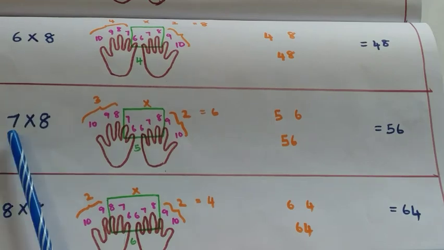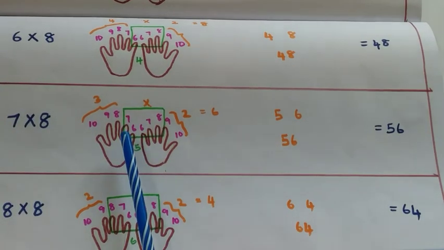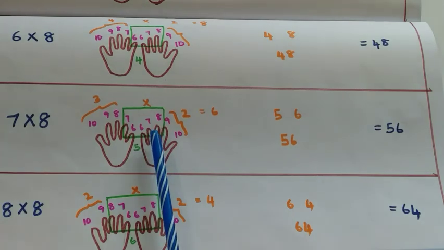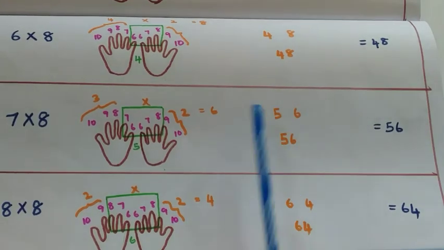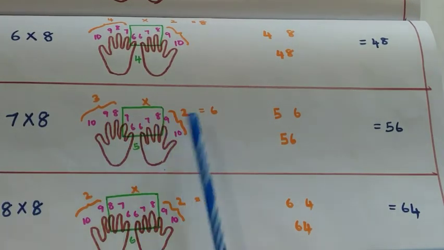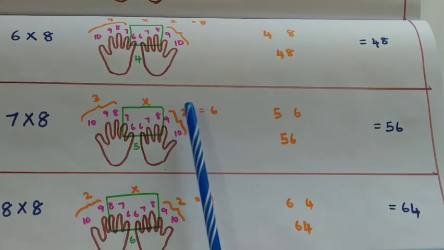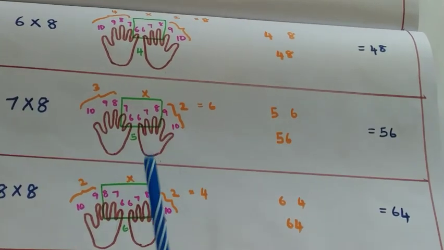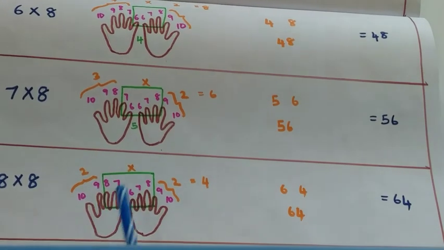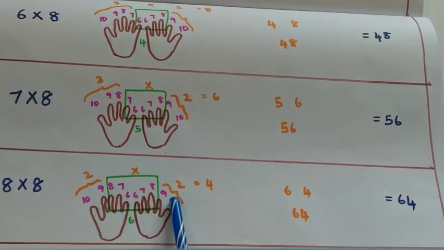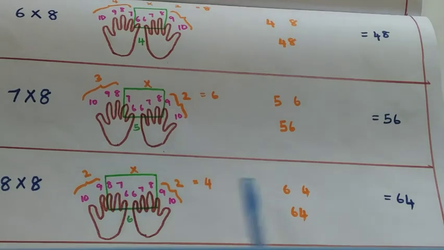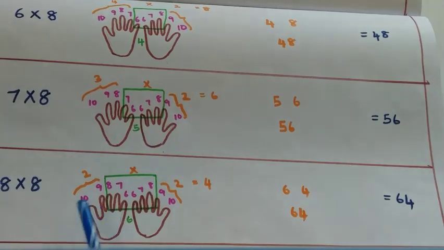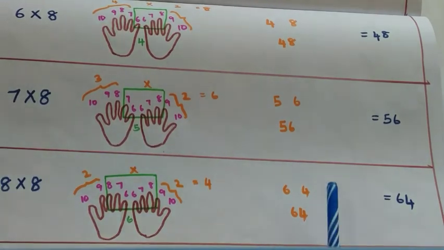And for the next row where 7 needs to be multiplied by 8, you need to touch the index finger of the left hand and the middle finger of the right hand and find the number of fingers that are between these fingers to obtain the 10th digit, and find the number of fingers that are on the other side of these fingers and multiply and club the numbers together to obtain the result. Finally, when you need to multiply 8 by 8, you need to rotate your hand and touch the middle finger of both the hands and find the number of fingers that are between these fingers, including the fingers that have been touched, to find the 10th digit of the result, and then find the number of fingers on the other side of the fingers that have been touched and multiply those numbers to obtain the 1st digit of the result.